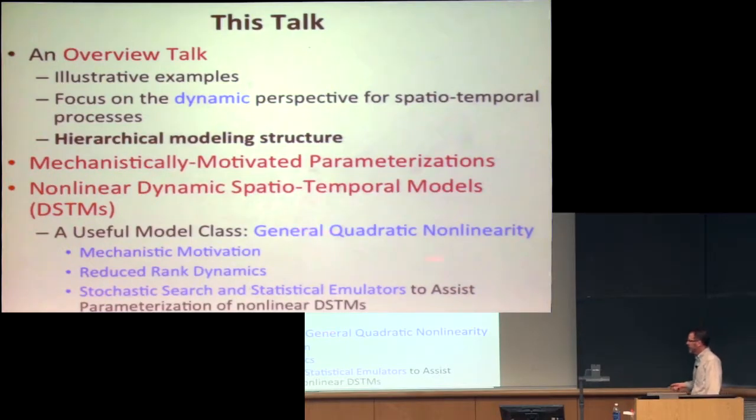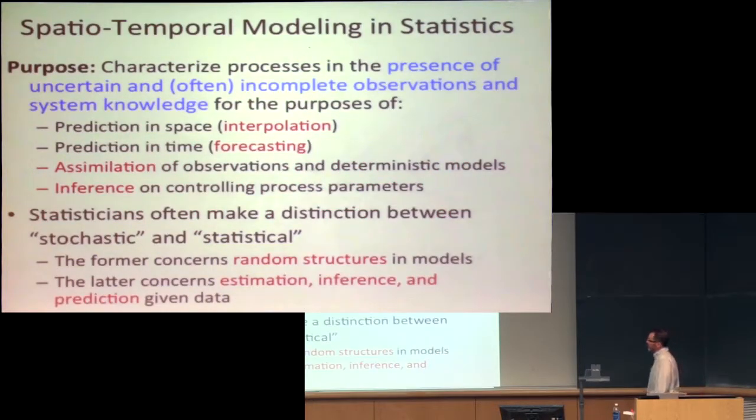And in particular, I'll talk about what we call general quadratic nonlinearity and some ways to think about estimation and prediction in that context. So first, why do we do spatial-temporal modeling in statistics? Those of you who are in applied math may have a different motivation for why you do spatial-temporal modeling. In statistics, it usually comes into one